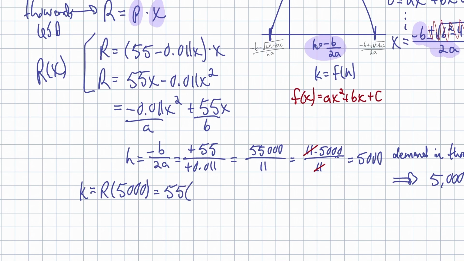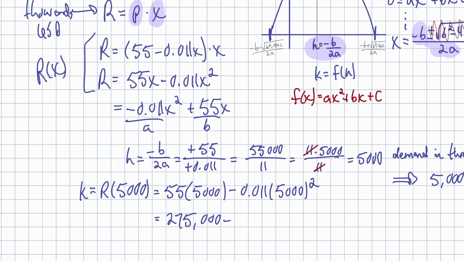So 55 times 5,000, and keep in mind this is in terms of thousands, so we're going to have to apply another multiplier of 1,000 a little bit later. I'm going to start reaching for the calculator at this point because this is getting a little messy. So 55 times 5,000 is 275,000, minus 5,000 squared, that's 25 million. That one's not hard. But times 0.011 is, well,